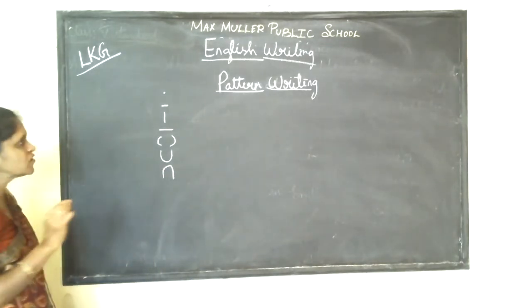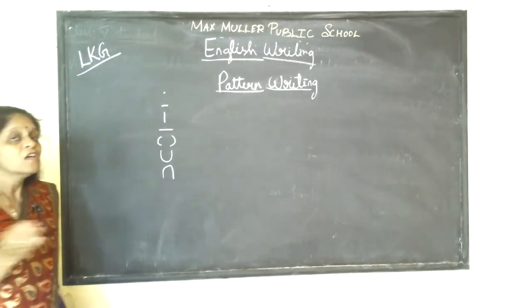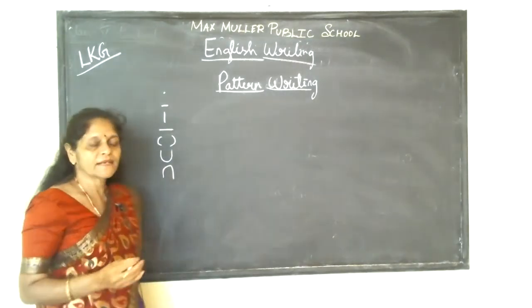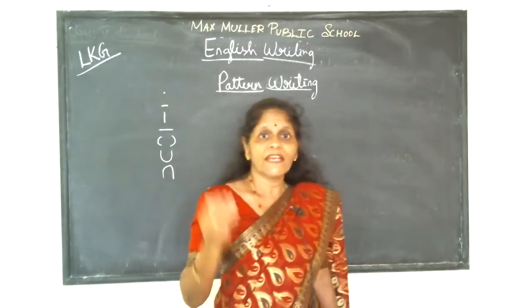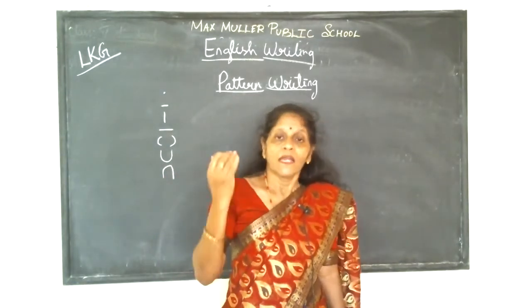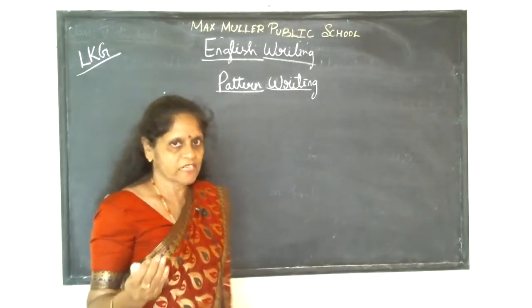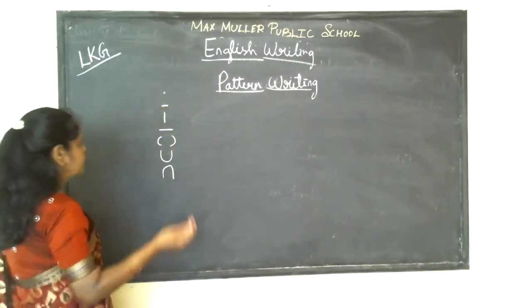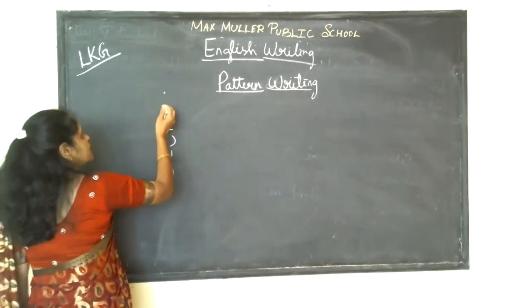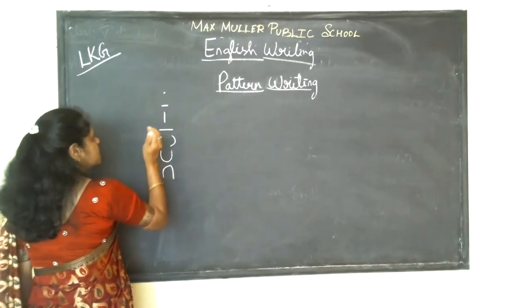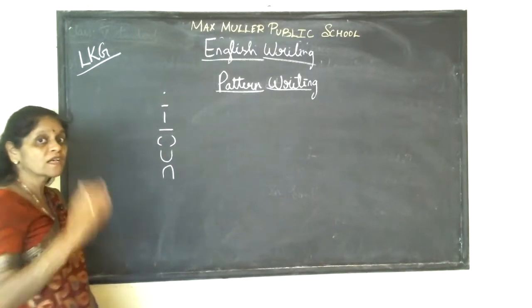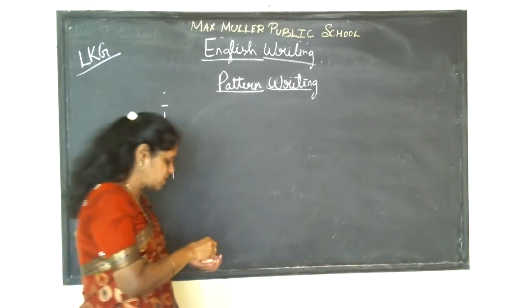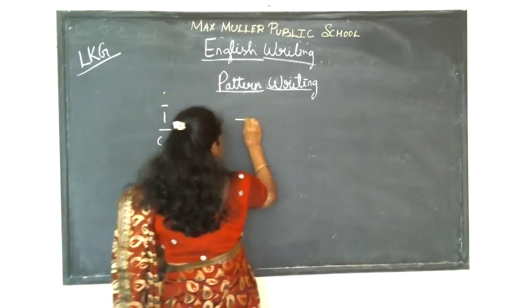Okay, you have learned so many pattern writings, right? So only when you learn that pattern writing, you will be able to write capital A, small a, the alphabets in the 4 lines book. Okay, children? So again, I'll repeat. This is dot, dash, standing line, sleeping line, curves, up curve, down curve. So the next, what you're going to learn? The next pattern writing is